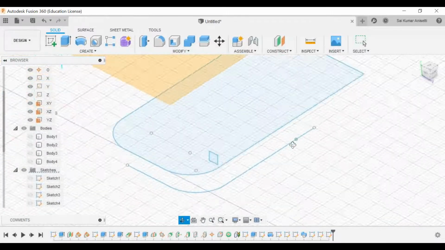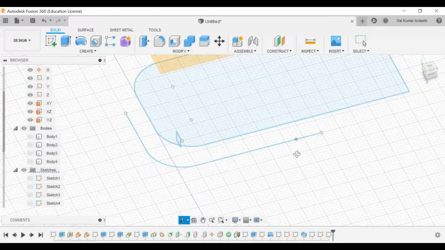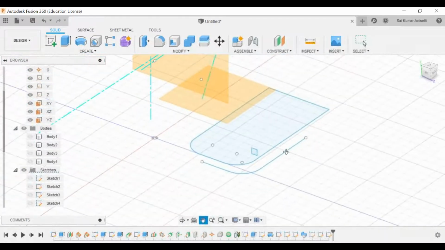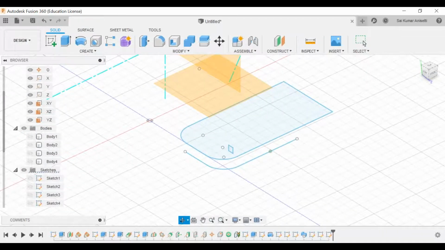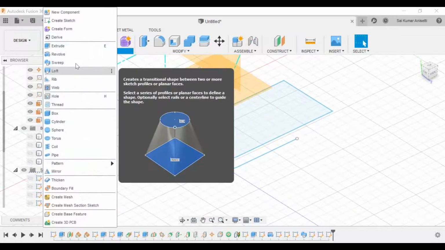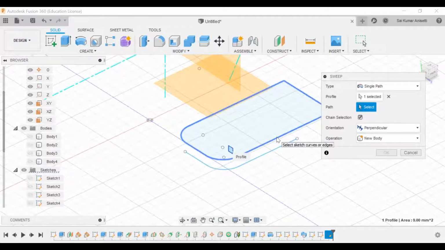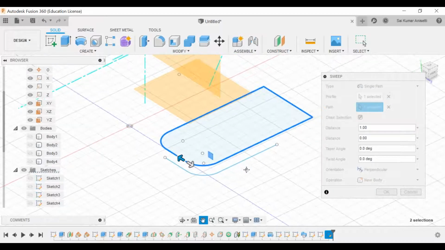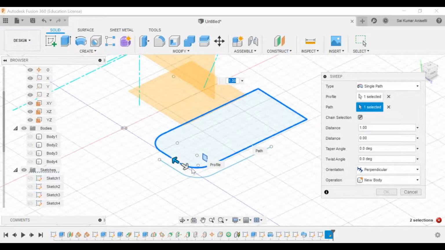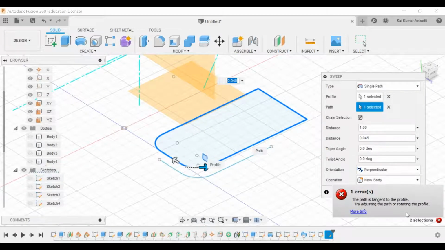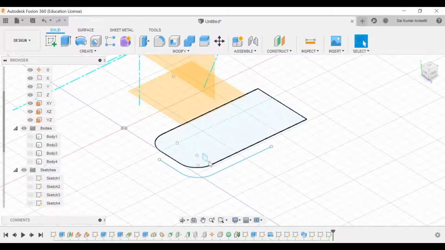Create a sweep operation. Select the profile. This is my profile. Select the path. This would be my path. It should be perpendicular.